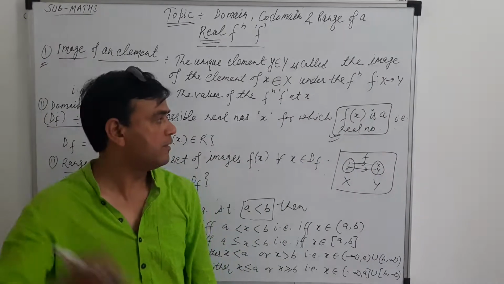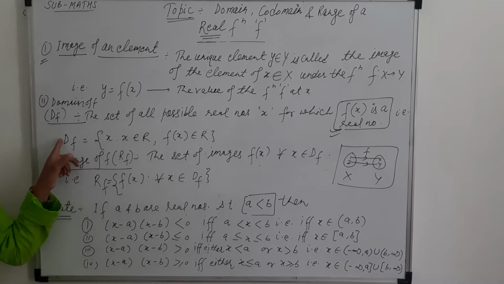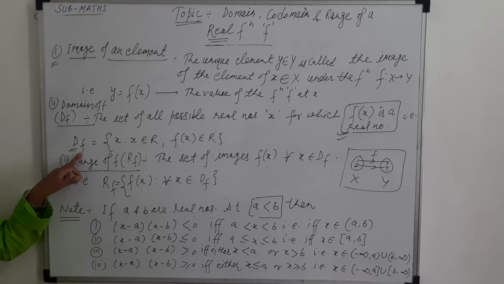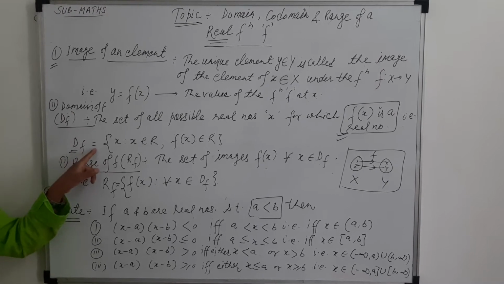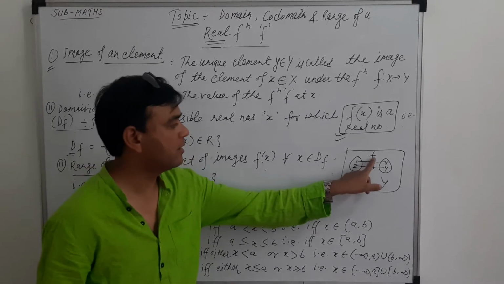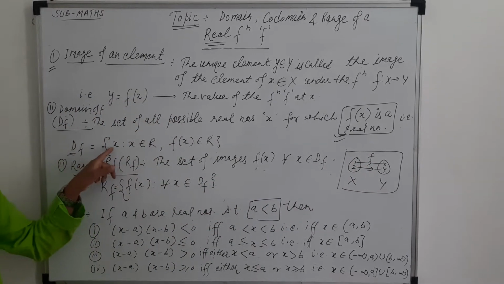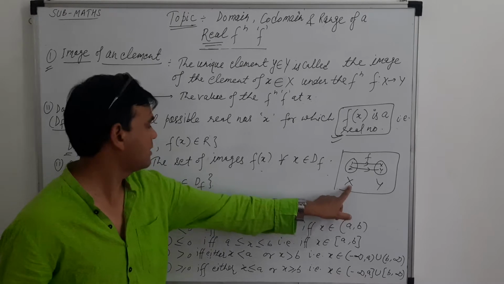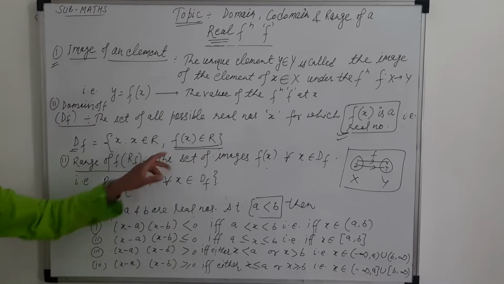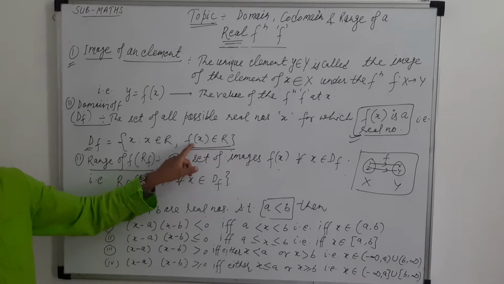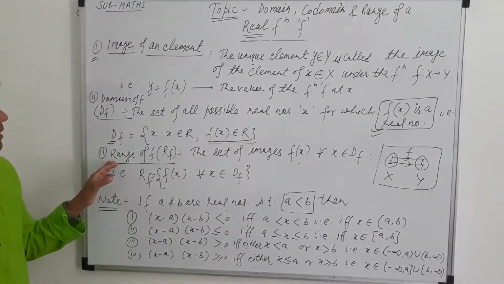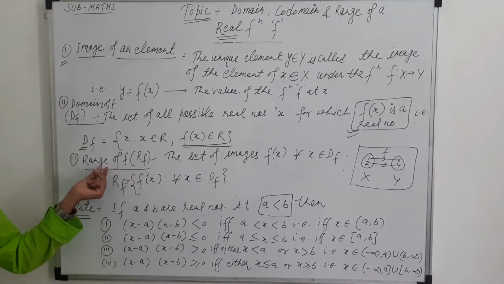Later we will discuss this with an example. So, you can define any function in roster form. This may be represented by D_f. D_f means the domain of the function is equal to the set of all x belonging to real numbers, or you can say the set of all elements x belonging to X such that f(x) is also a real number. So f(x) must be a real number, and here f(x) is the value of the function at x. Similarly, the range of a function, if you are finding the range of that same function.